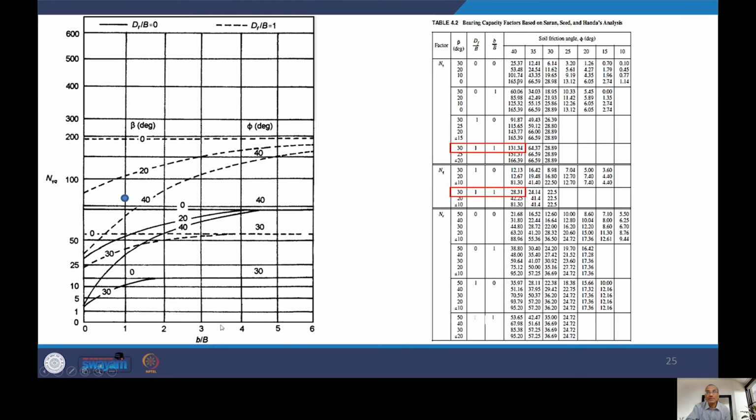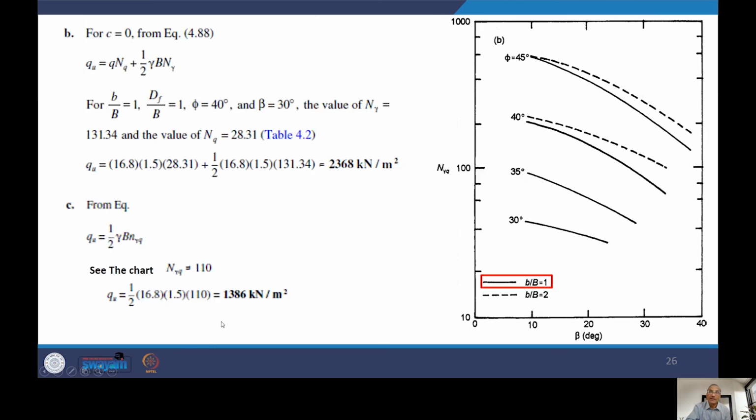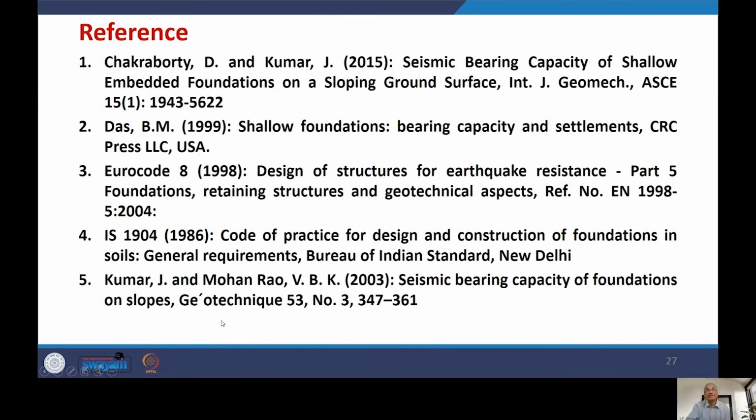So this completes the numerical examples for both clay as well as granular soils, and these are some of the references which are used here. The Chakraborty and Kumar paper in the International Journal of Geomechanics, the book by Braja Das on foundations, Eurocode, IS Code, and